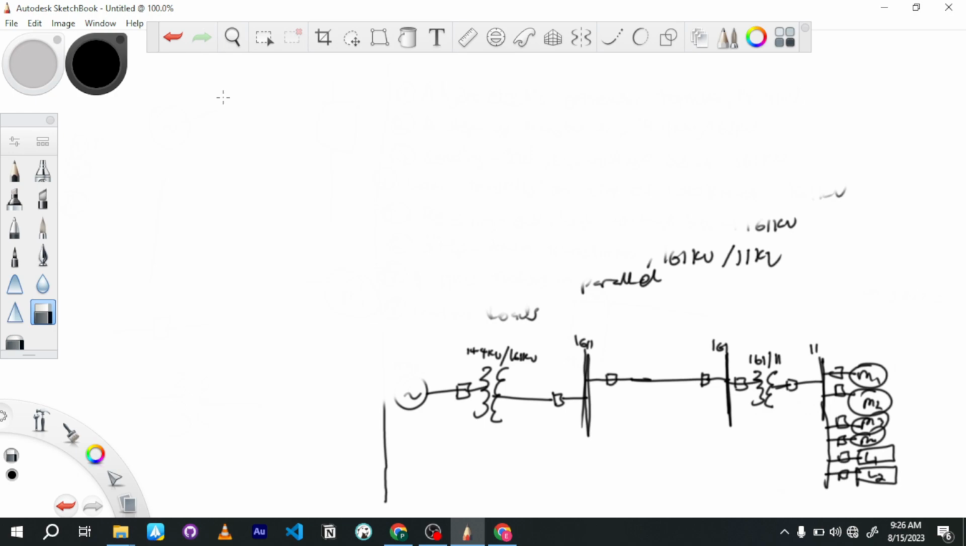The second thing we want to talk about is that we had an entire system. Let's say that we need to protect our entire system. We need to start from our generator and move to